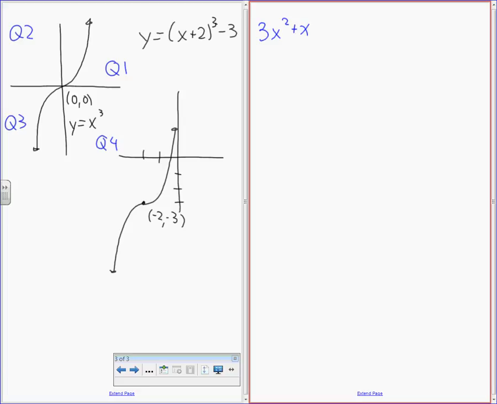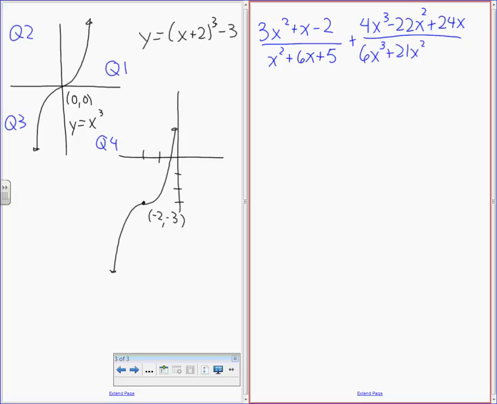And Alana's going to be out. What was that? x squared plus 6x plus 9, plus 4x cubed minus 22x squared plus 24x, all over 6x cubed plus 21x squared minus 45. Okay, I'm going to get rid of that left word if that's okay, because this involves lots and